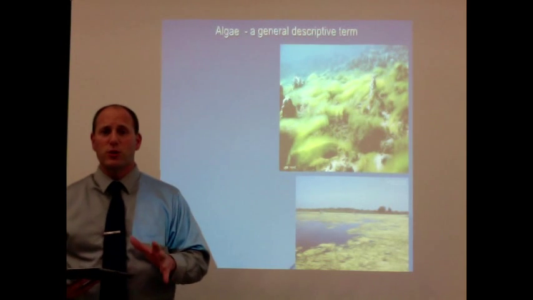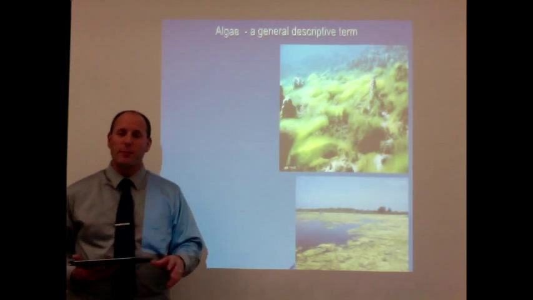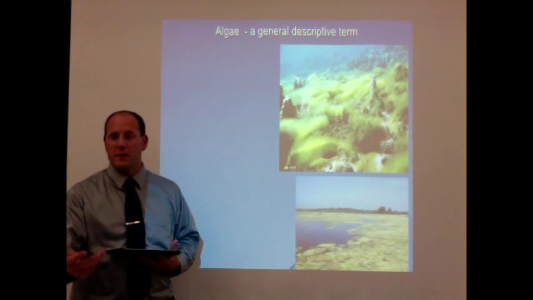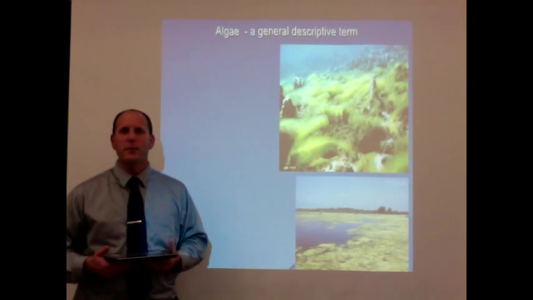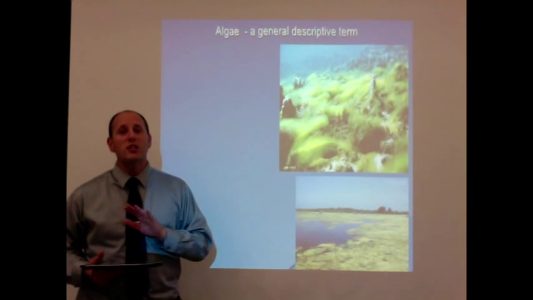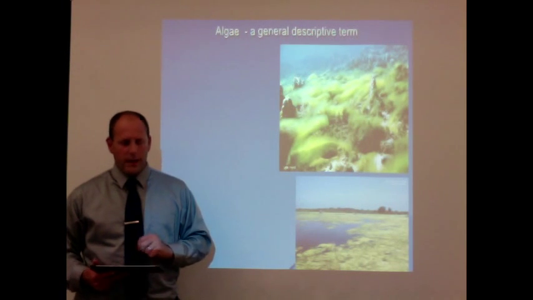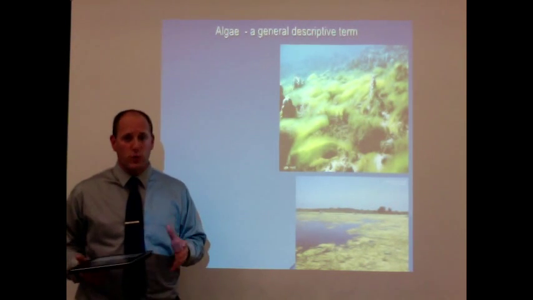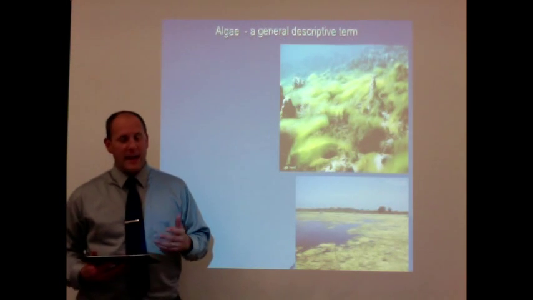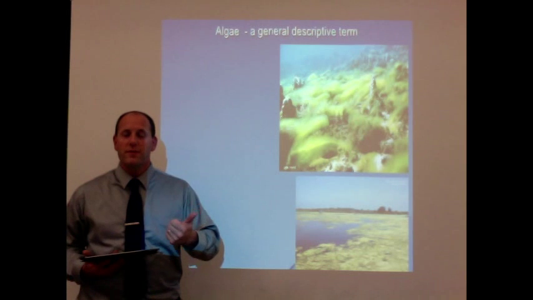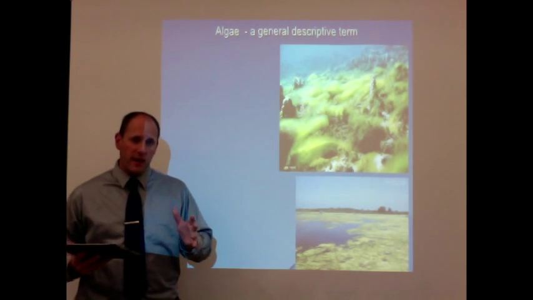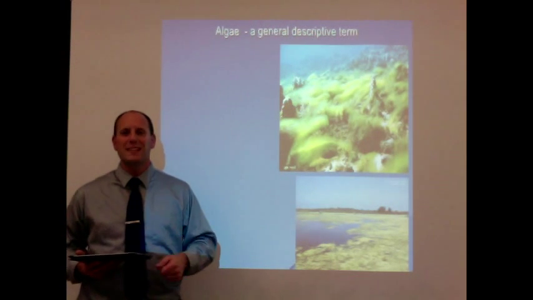Now, before we get into those specific plant-like and animal-like, I'd like to talk really quickly about this term algae, a term that we will be using quite a bit, and one that you're probably relatively familiar with. The term algae is a very general descriptive term. It covers this very diverse, very large group of different types of organisms that have some things in common. Number one, they are photosynthetic eukaryotes. So these organisms, when we talk about algae, are a very particular type, photosynthetic eukaryotes.